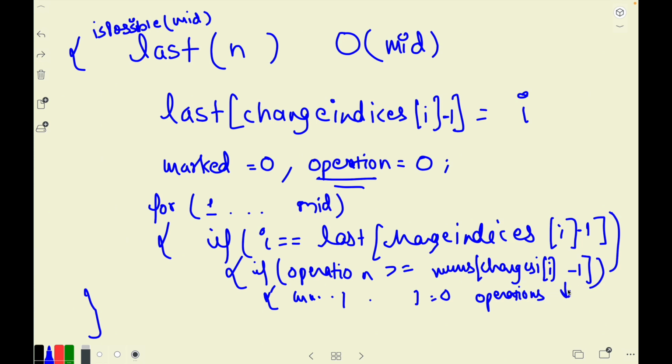Operations get reduced to whatever new count they become after taking into consideration that nums of change of I minus 1 has become 0. And then operations can be reduced, and I can now increment the marked variable by 1,